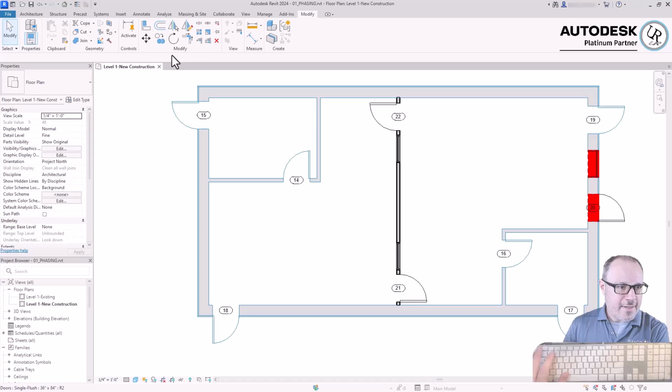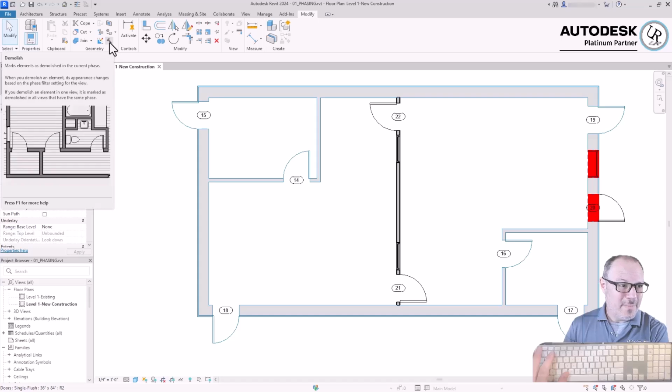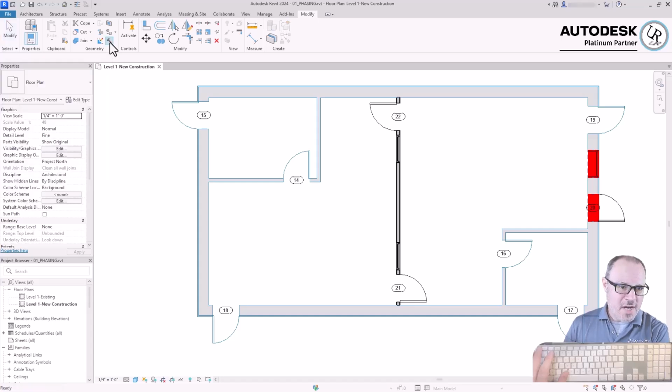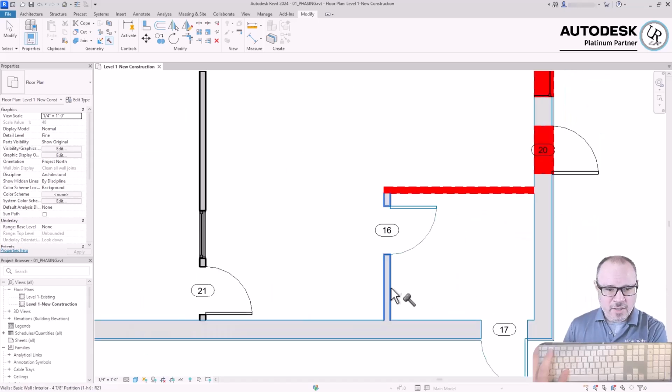Going to the Modify tab, Geometry panel, there is a tool in the lower right hand corner called the Demolish tool. It looks like a hammer, which is kind of a joke. I think that's funny. Click on the Demolish hammer, and any object that you click on from the existing area will be automatically added as demolished content. When I click on this wall,